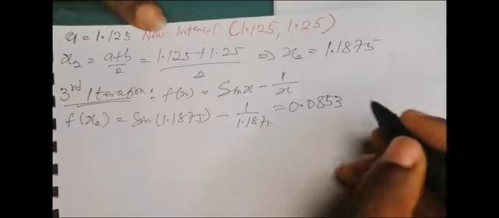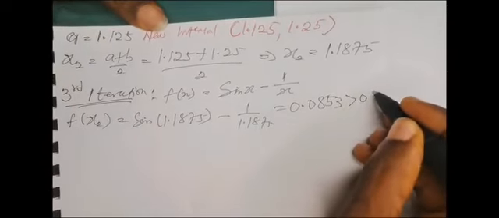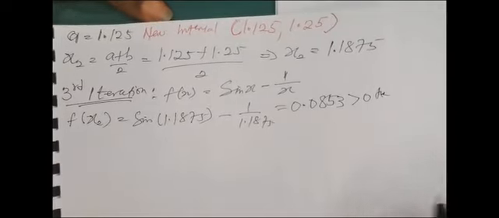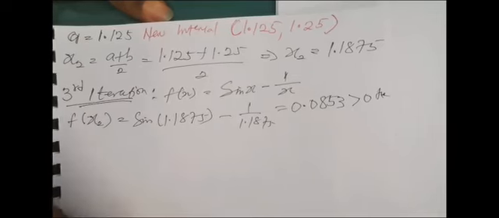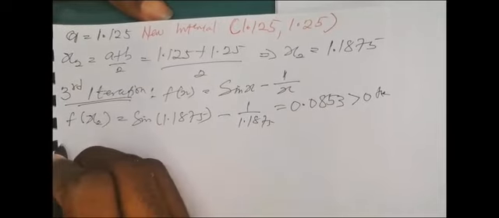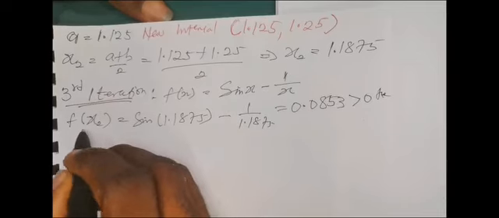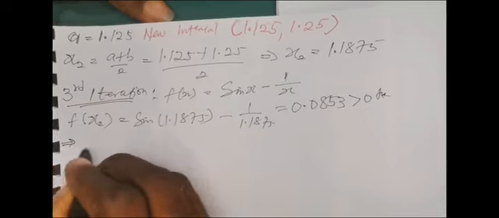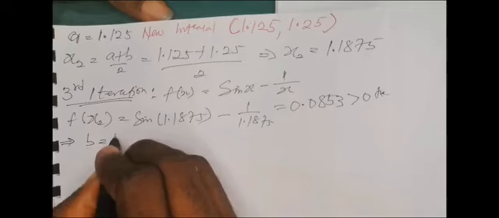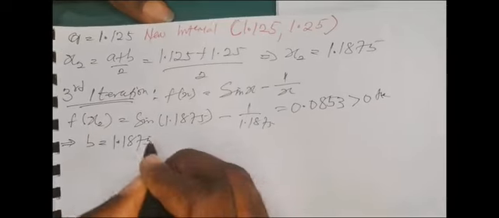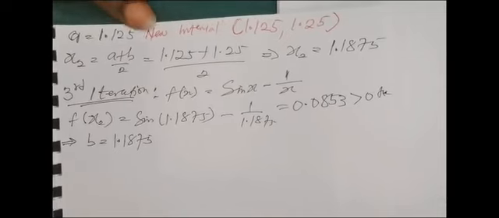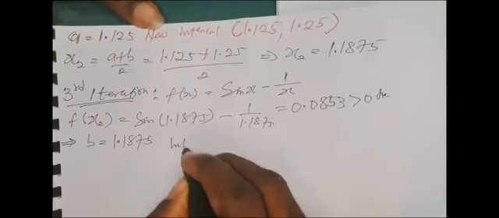So we have 0.0853. Now this value is greater than 0 and it is positive. And you recall that b is the value that gives the function a positive result. So we are now going to replace b with S2. This simply implies that b is equal to S2, and S2 is 1.1875. That means our new interval becomes,